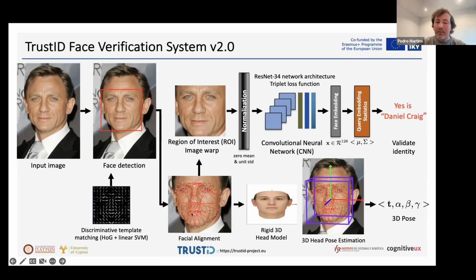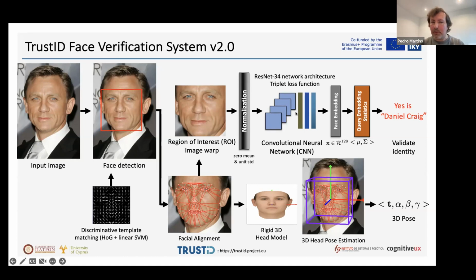The second issue that is addressed by this model is the ability to deliver 3D poses, which is useful for a few things. To get 3D information, we actually need a 3D head model, which is represented here. I'll be talking about this a bit later on, but please keep in mind that the model is able to get 3D poses, so 6 degrees of freedom.